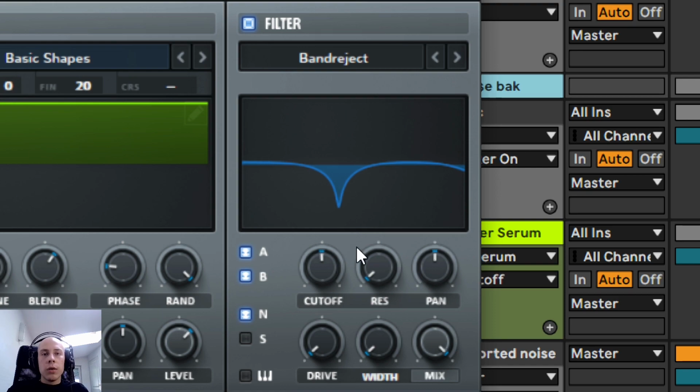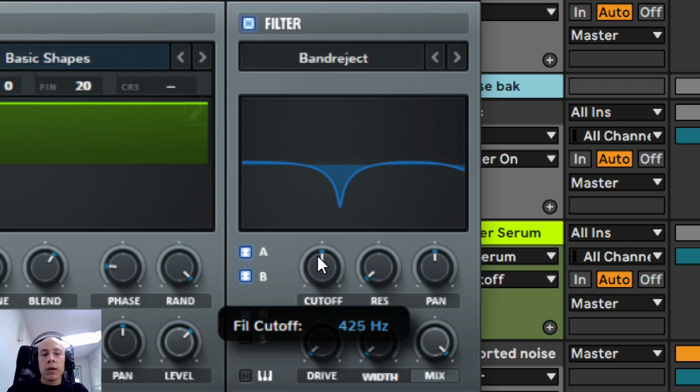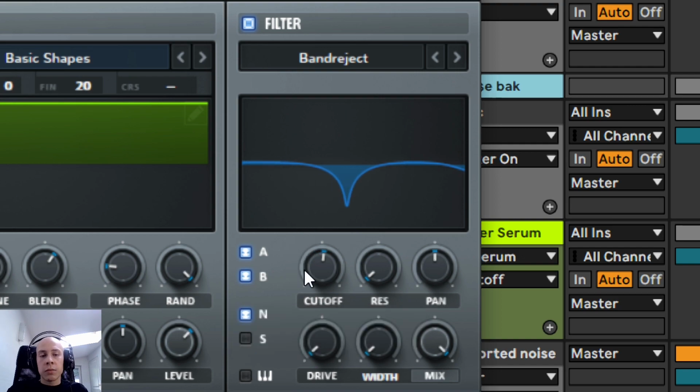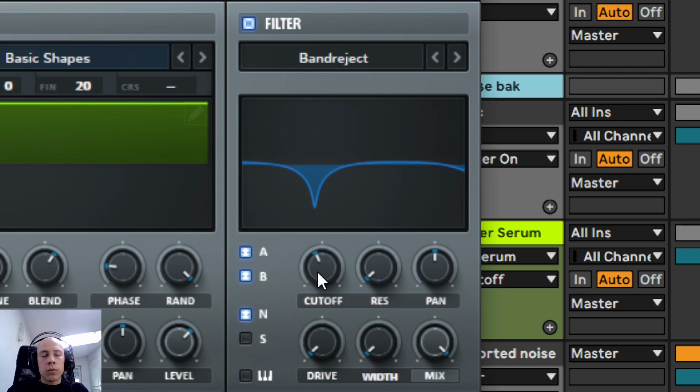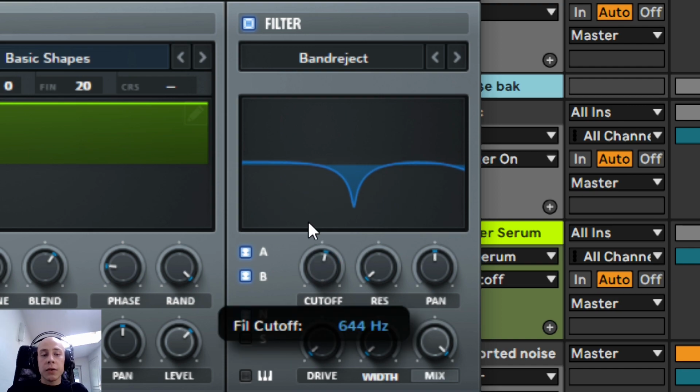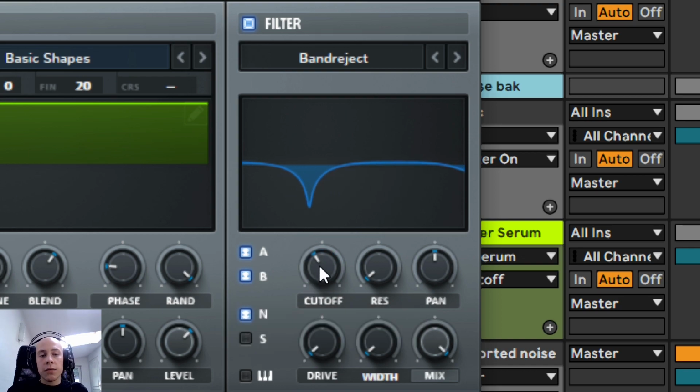I told you we will use the filter section to create various flavors of our bass. This is what is going to happen once you start cutting heavily some of the frequencies from the Reese bass. To create interesting bass lines and rhythms, you can automate this cut-off frequency control. In case of our project, we will set it to a fixed value.